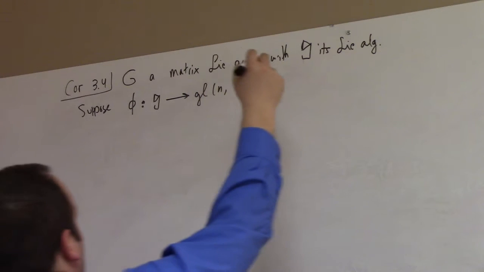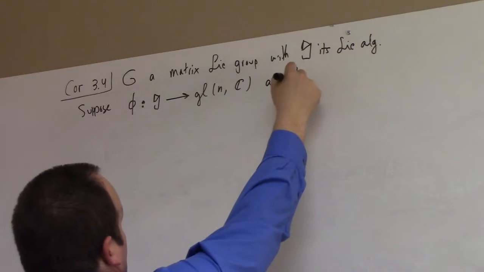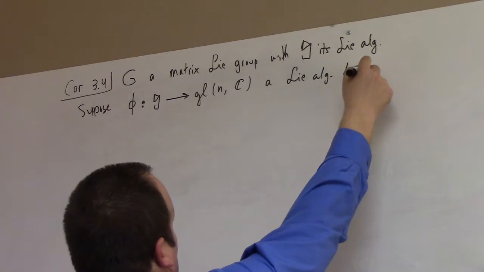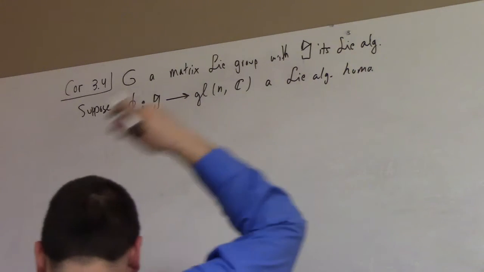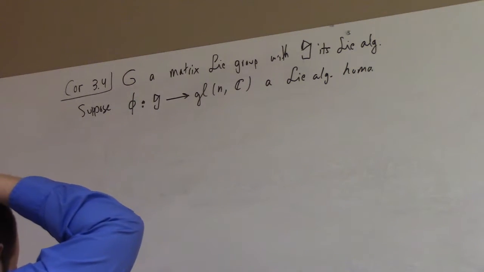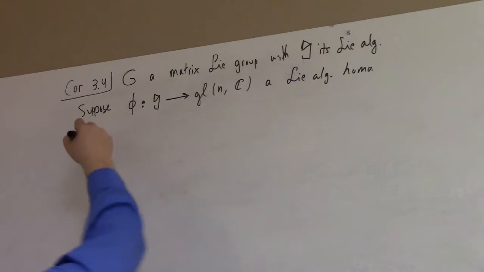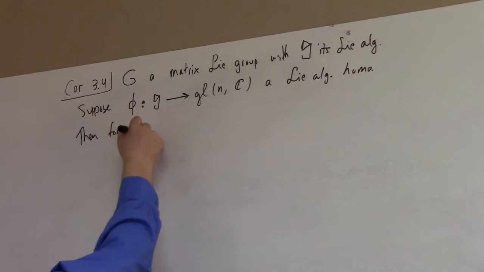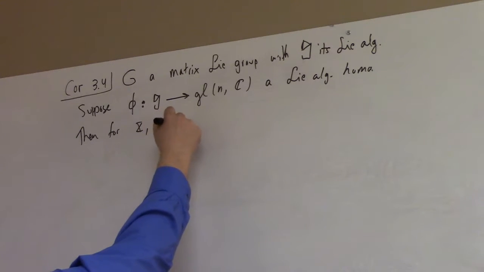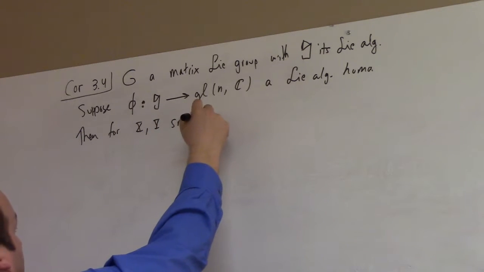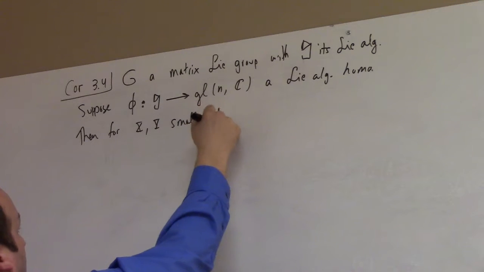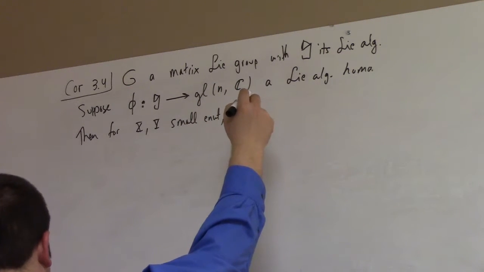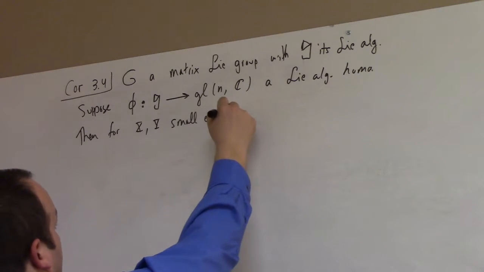This is a Lie algebra homomorphism. Then, for all sufficiently small x and y, so for x, y small enough, in fraktur g,